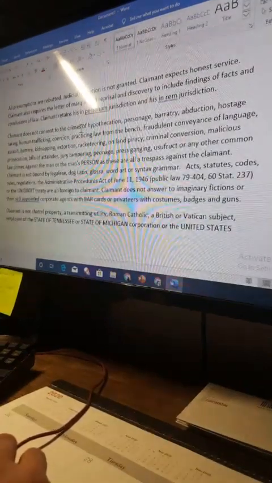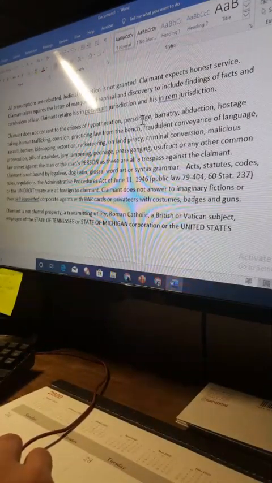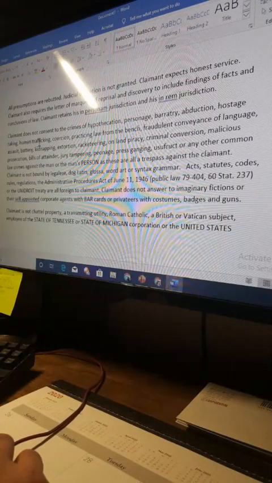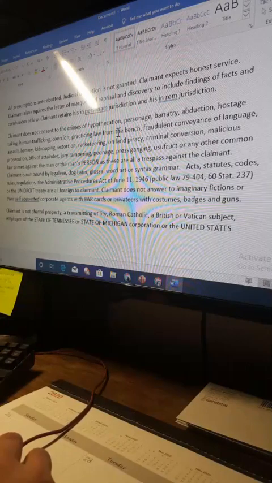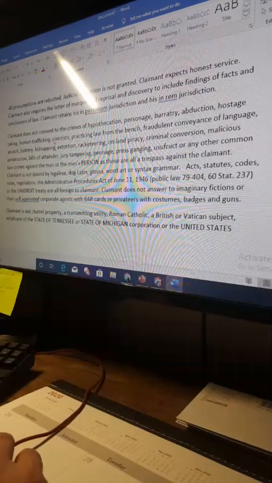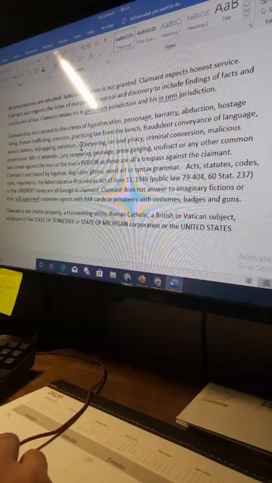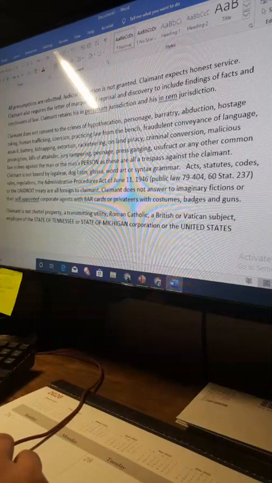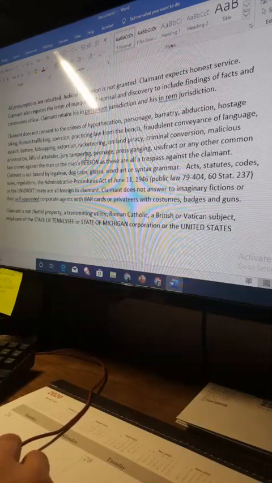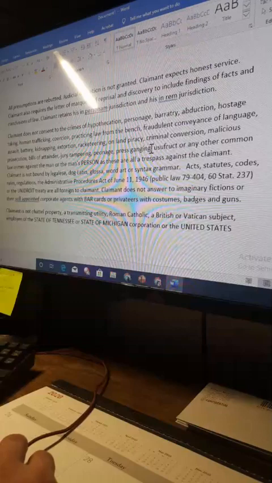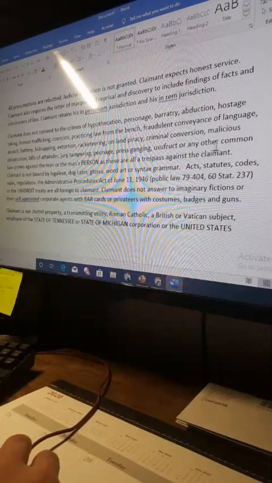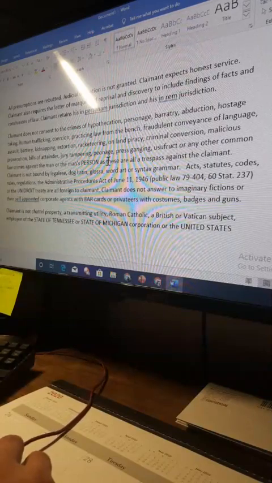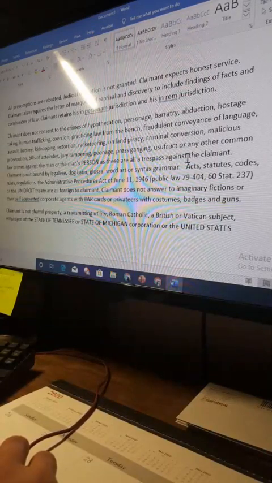Claimant does not consent to the crimes of hypothecation, personage, barratry, abduction, hostage-taking, human trafficking, coercion, practicing law from the bench, fraudulent conveyance of language, assault, battery, kidnapping, extortion, racketeering, on-land piracy, criminal conversion, malicious prosecution, bills of attainder, jury tampering, peonage, press ganging, usufruct, or any other common law crimes against the man or the man's person, as these are all a trespass against the